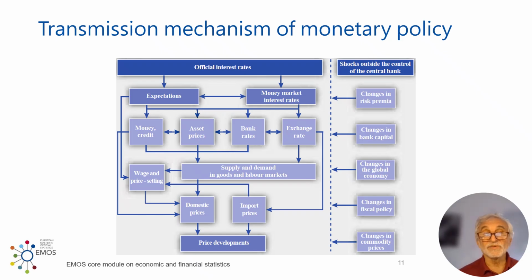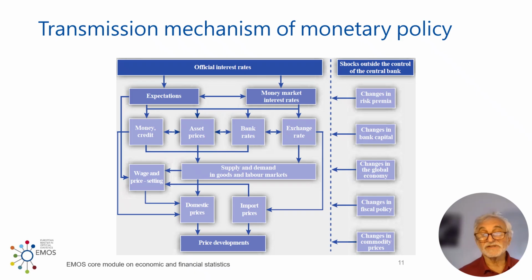And then all these together will have effects on inflation, namely on the domestic prices, and through the exchange rate effects, also imported prices might be changing. Again, also for this, you need information to know what is happening and how big it is. So that's the so-called transmission mechanism of monetary policy, where in all these boxes you need information.